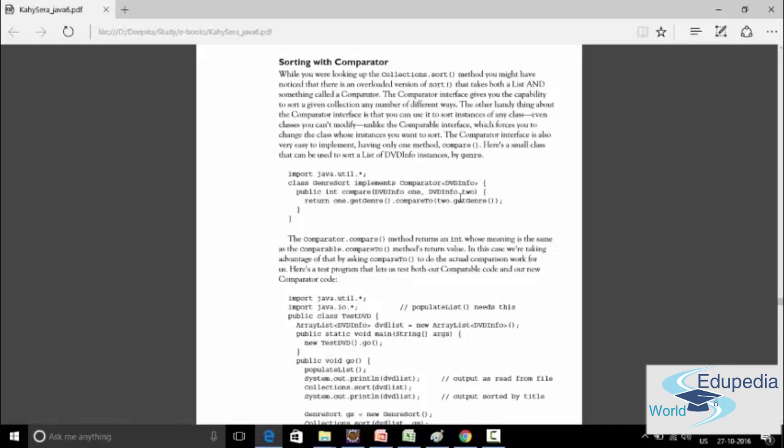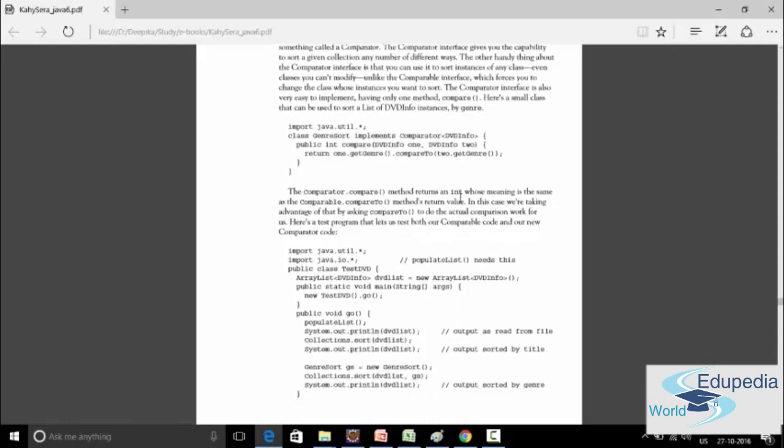Here is the code for comparable and comparator both. So we can look at both the codes. You can see over here we have test DVD. Test DVD is one of our classes where we have created our DVD list, which is an ArrayList of DVD info. Then inside our main we have called the go method.